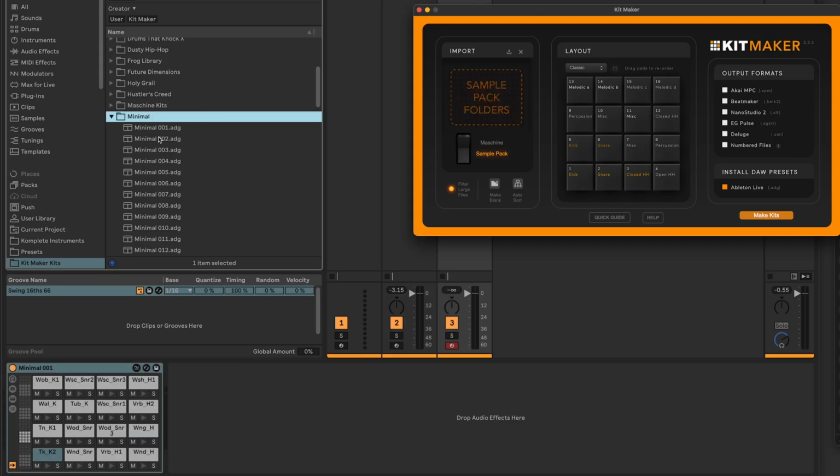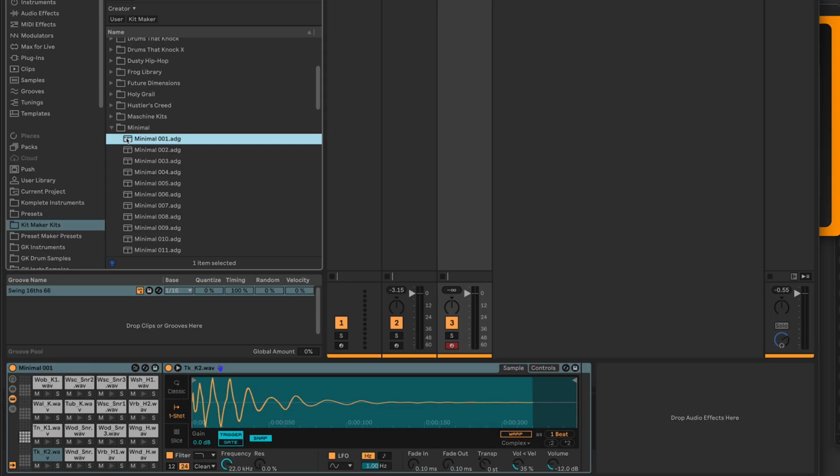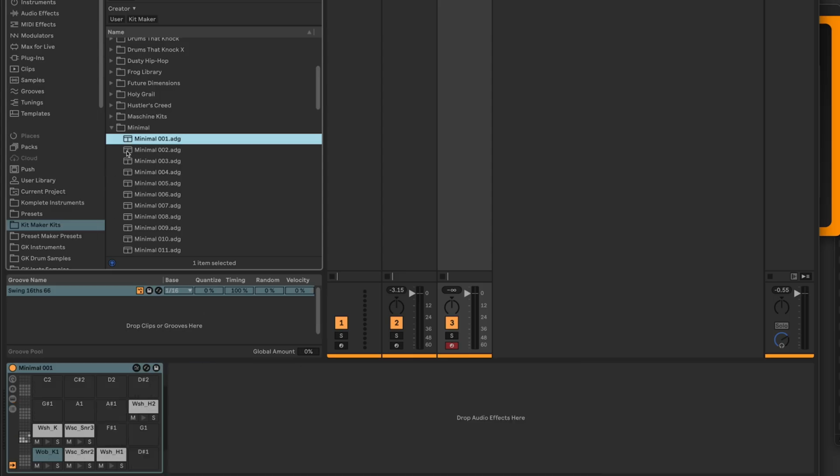And if you reprocess the exact same pack again for Ableton, it's good to delete all the old files, all the old samples before you run it again. So I just skipped through that part. So now let's try out the kit with the fill all pads option off. So you can see